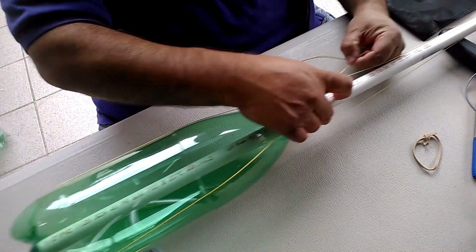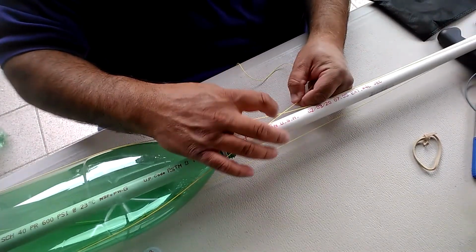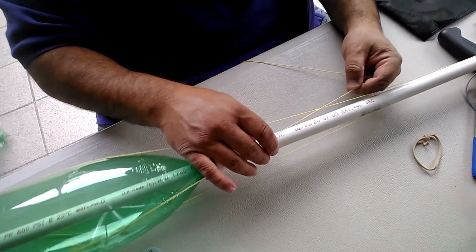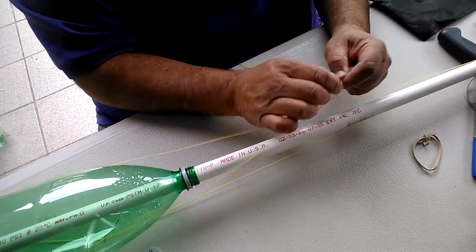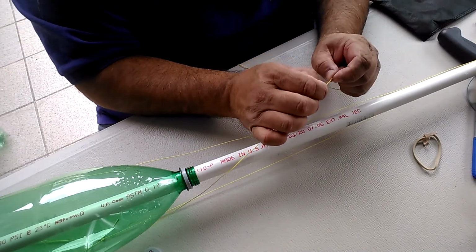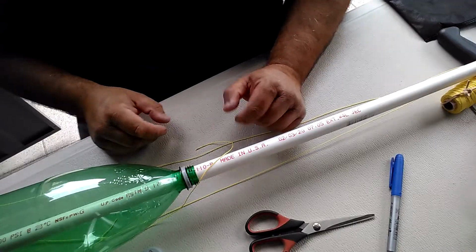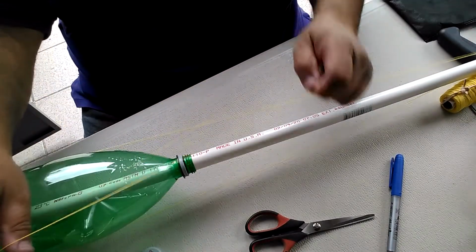Nice. Okay, and here we measured that we have this more or less. We put a little bit more strength and we cut it here, so we are going to cut here. Let me go for my scissors, cut it, and come back with you. Okay,